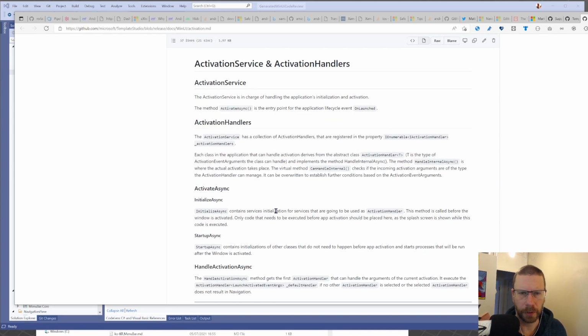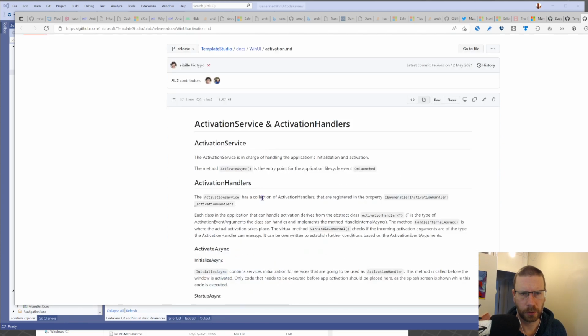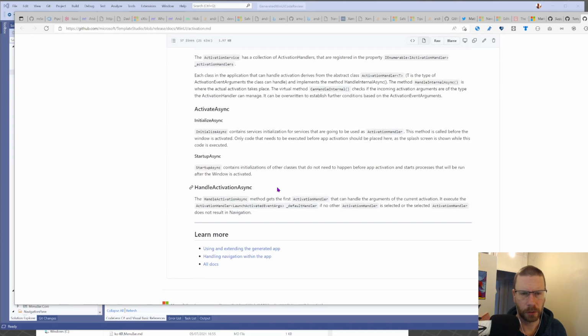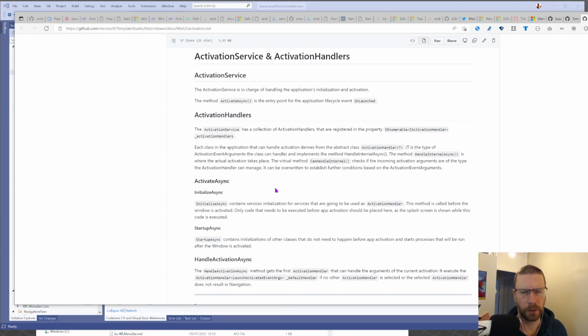Don't know what that means. I have a handler for the different types of ways the app can be activated. I kind of know a bit of this, so